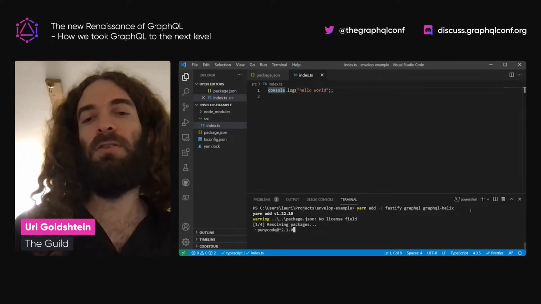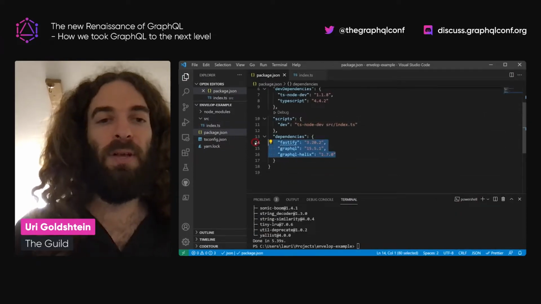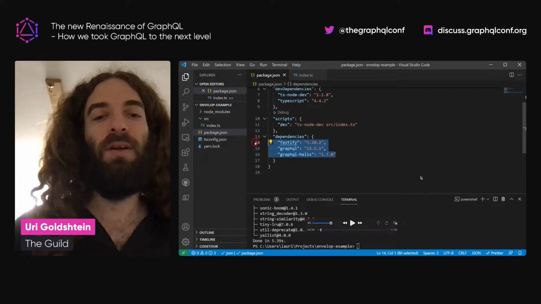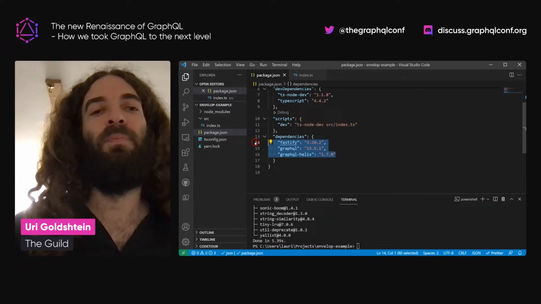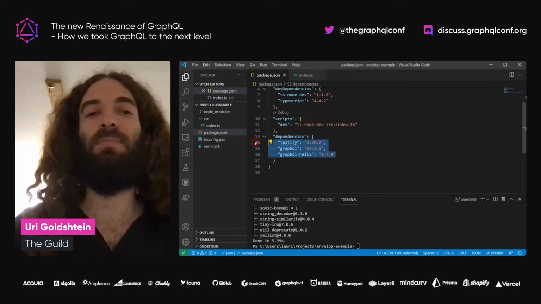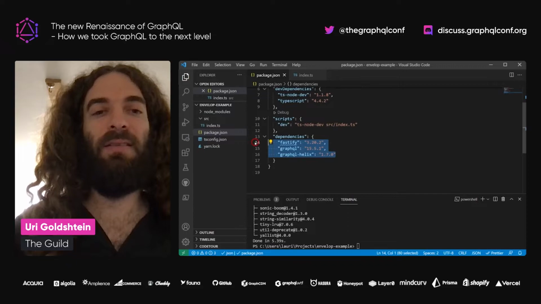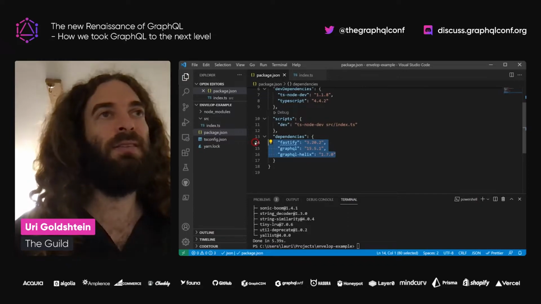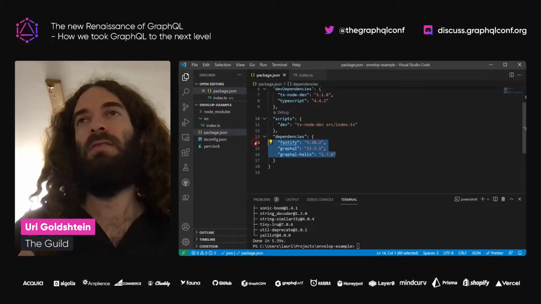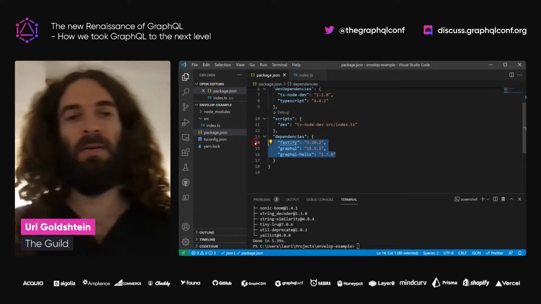So we're going to install Fastify, regular GraphQL, and GraphQL Helix. Because Fastify or Express, we think, is the best way to actually handle HTTP and routing and things like that. And GraphQL Helix is a way to handle specific things related to HTTP handling. I'll show you that in a second.